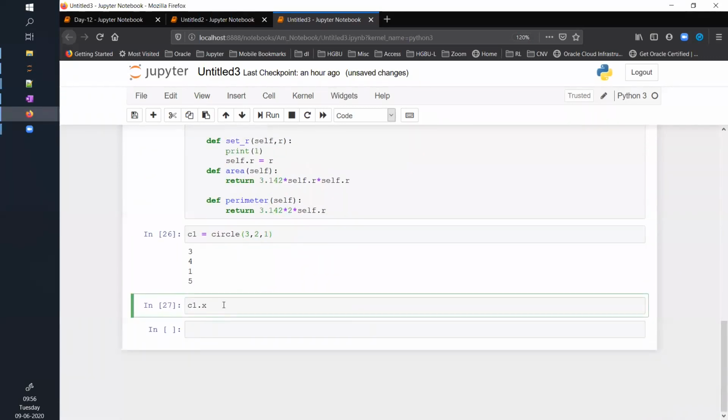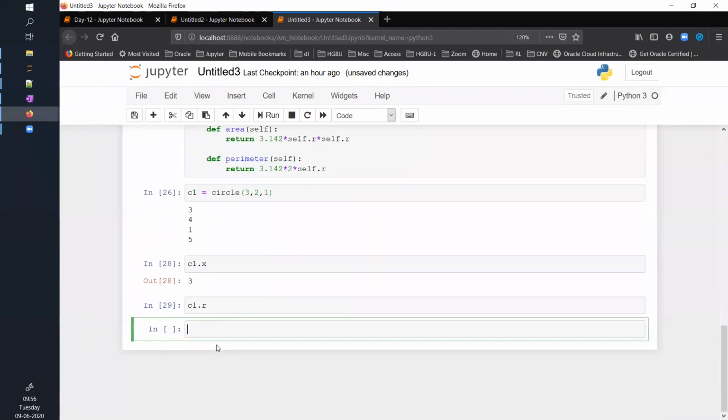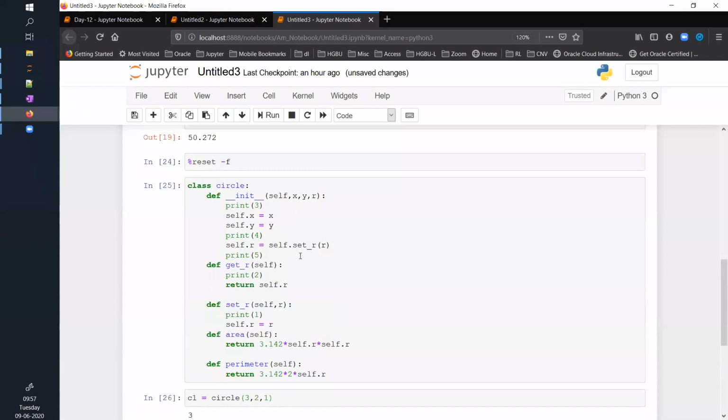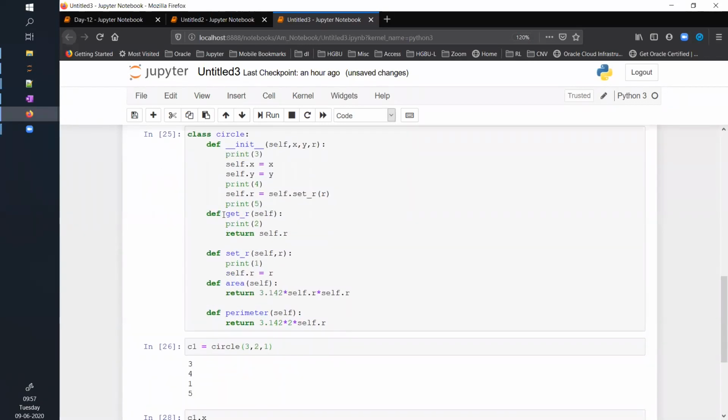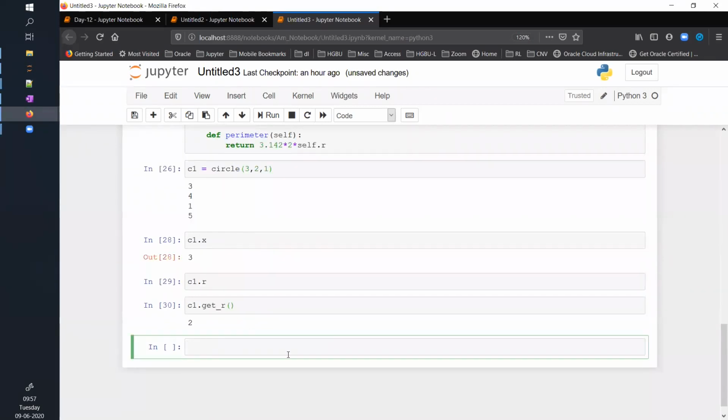For let's say C1.X, it was giving me output, correct? But now if you see C1.R, no output for me, because directly I don't have access to R now. Through getR I can do that. So if I do C1.getR, ideally I should be getting the values.